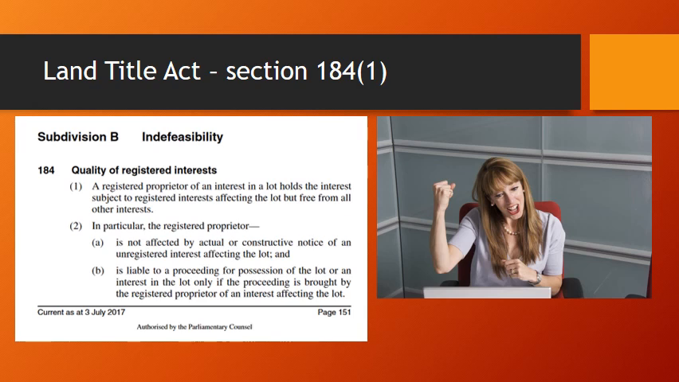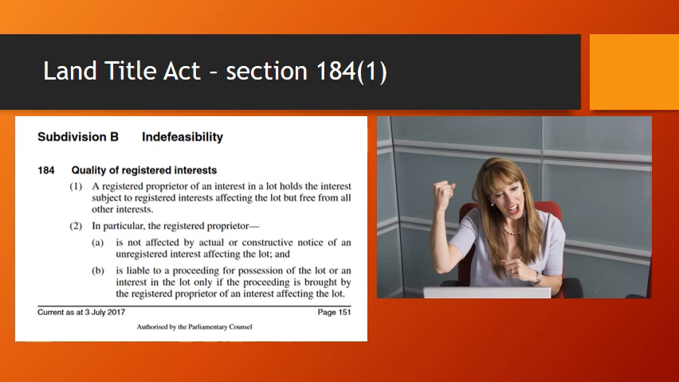So recall that the operative section of this principle of indefeasibility and the Land Title Act, the whole Torrens system is built around this concept of indefeasibility. So a registered proprietor of an interest in a lot under section 184(1) holds that interest free from all other interests except for registered interests, right? So that doesn't necessarily just mean the owner of the lot. It can also, that is the person who owns the fee simple, it can include also a person who is a tenant under a lease, if they've registered their lease, and a